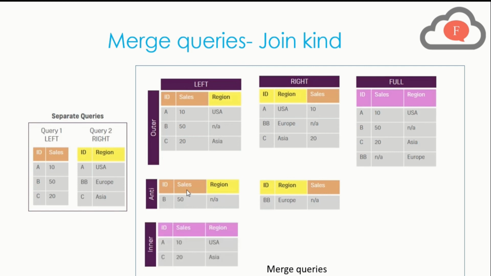There is another option that will join or merge queries, which is the inner join. It is similar to left, in which you could see A and C have been joined while B has been removed, because the inner part becomes the main importance in it. You can see the difference between the outer section and the inner section. Only B has been left out, because B is not available in both of them. That's why B has been removed.